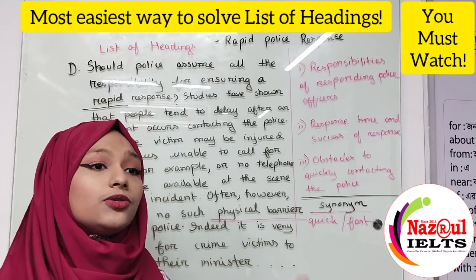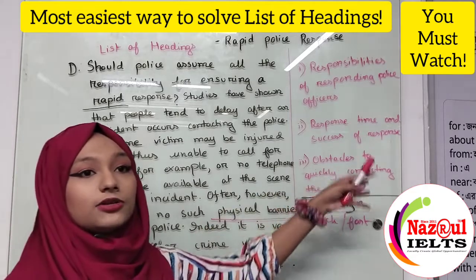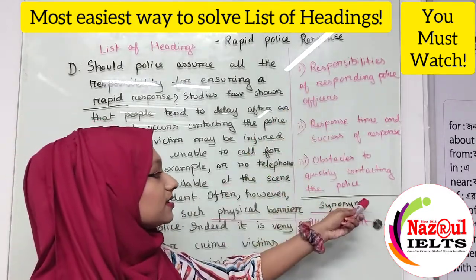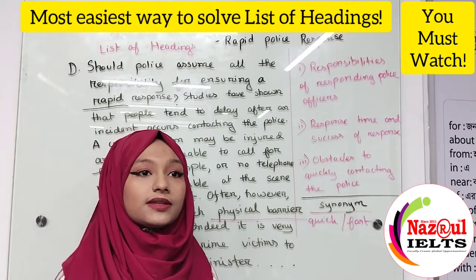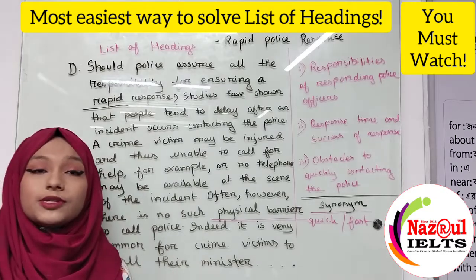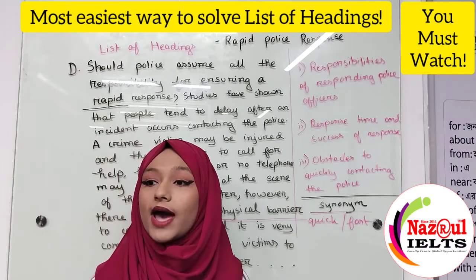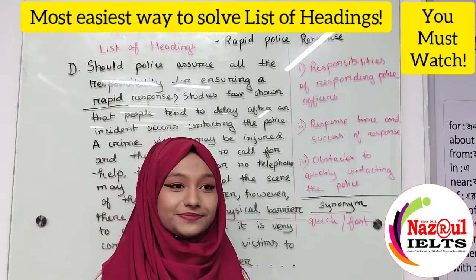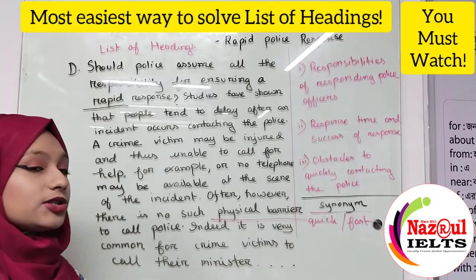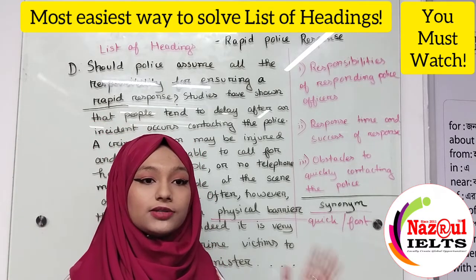Now, since we know the gist of the paragraph, can you find out the answer over here? There are 3 lines, 3 lists of headings. Can you find the answers? Just remember the most important part is to know the synonym and to find a keyword, right? Alright, I'll be stopping for 2 minutes while you try to sort out the answer.